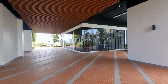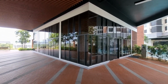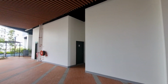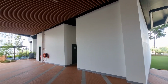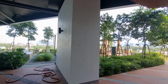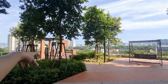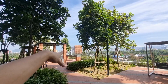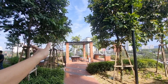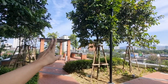You have a function room here, slightly smaller than the multi-purpose hall that I showed you. Prayer room for the males and females. Herb garden. You can see pandan, serai, and another BBQ area. So it's common nowadays that developments have two BBQ areas, and this is where they'll split between halal and non-halal food. Okay, so two BBQ areas,